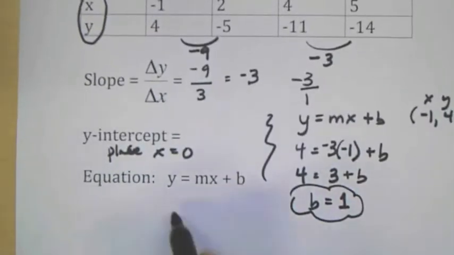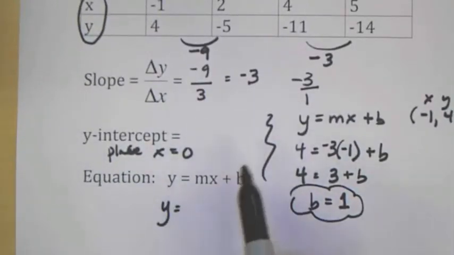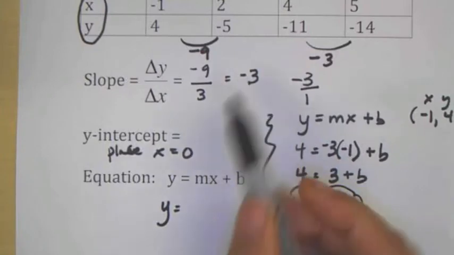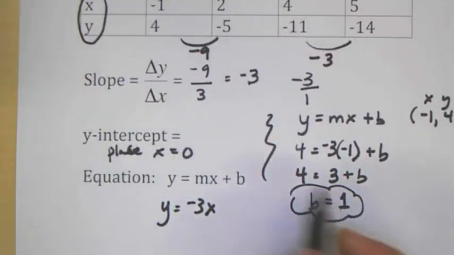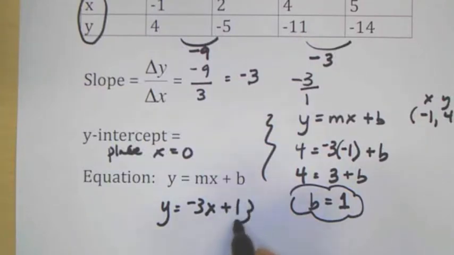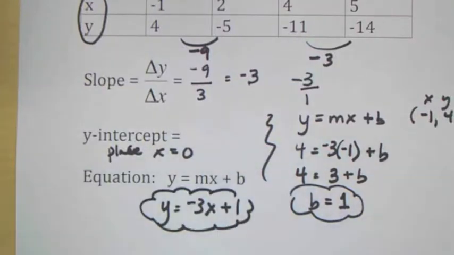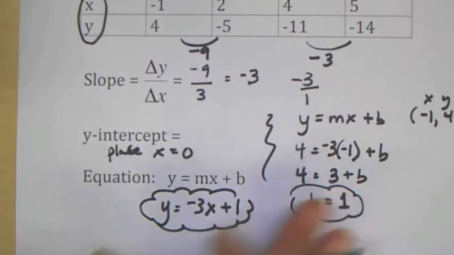So then I just substitute in my values. I know that my slope is negative 3, and my y-intercept that I just calculated is positive 1. This is definitely a skill that needs a bit of practice, so I would recommend doing a couple now, doing a couple more in a day, and seeing that you have long-term retention on it, because this part in particular can be